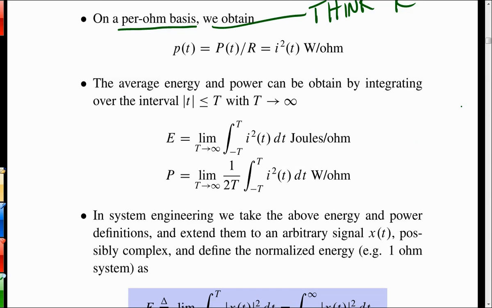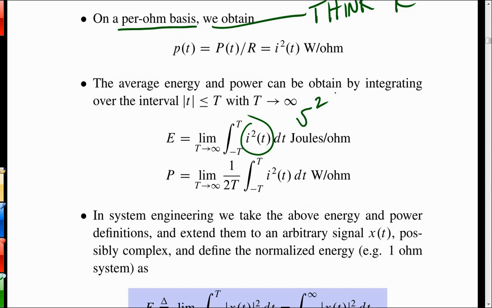Okay, the energy is related to the instantaneous power by integrating it over all time. So I squared, or this could equally well be V squared. In our 1 ohm impedance system, it doesn't really matter. It will give us units of joules